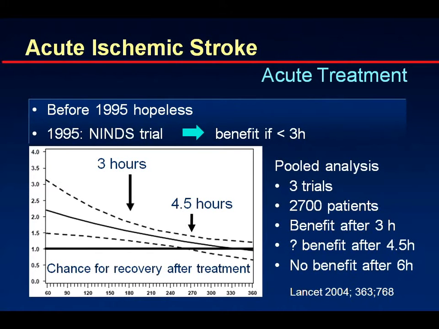In 1995, the NINDS trial was published that showed a benefit of intravenous thrombolysis if the patient was treated within 3 hours of the beginning of the symptoms. Now, how many patients are that? In most of our institutions, the number of patients will be 3%, and if you do it really, really, really well